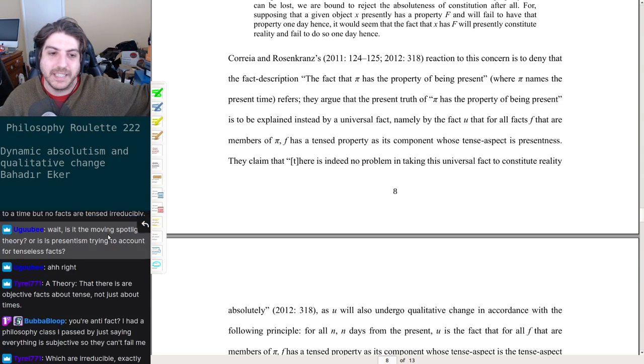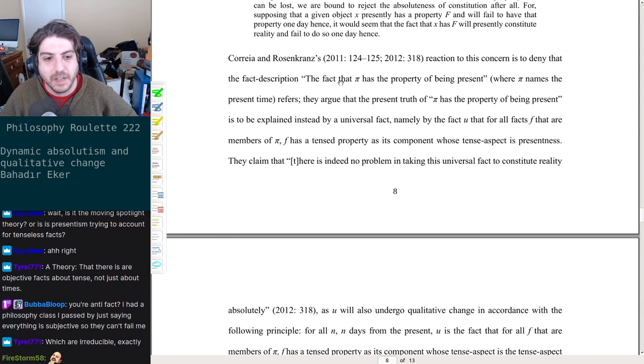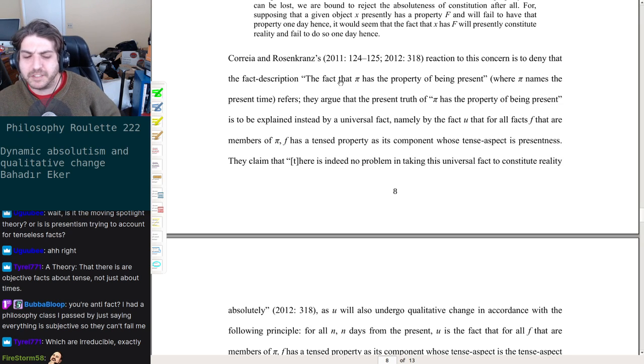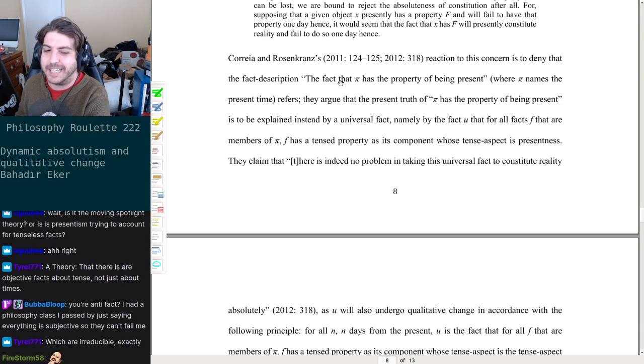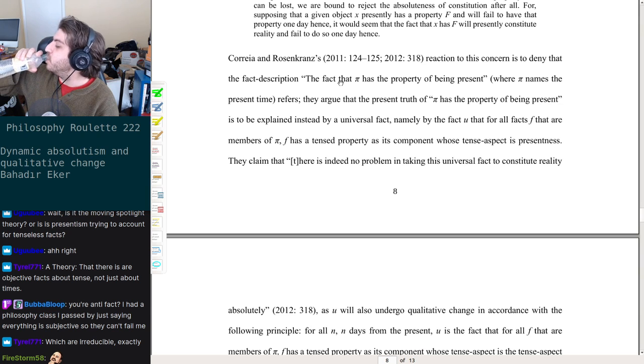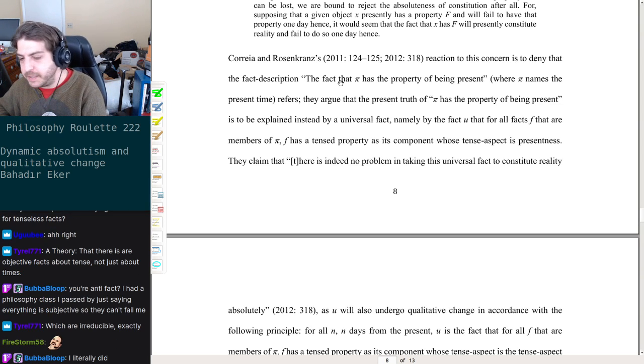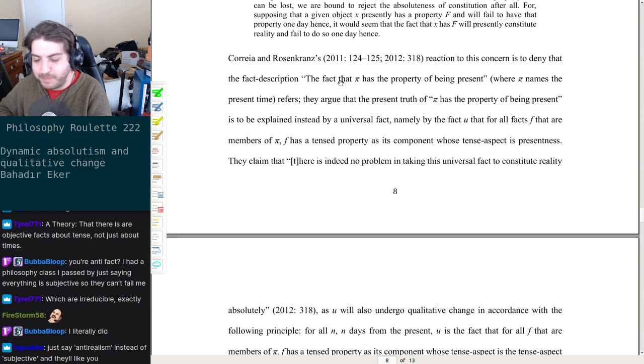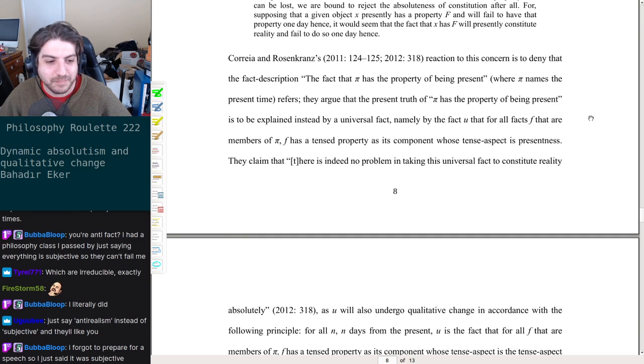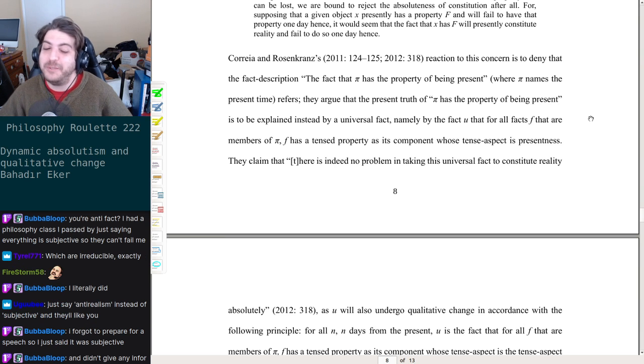But thank you for writing this down, Tyrell. So I'm anti-fact. I passed philosophy by saying everything is subjective, so they can't fail me. Oh yes, I'm sure your philosophy professor is going to be happy with you. But you just say that. You're going to get like an A-, because it's not perfect, but it's close. And did you pass, Bubba Bloop? Anti-realism. That might actually work. If you don't do the homework,